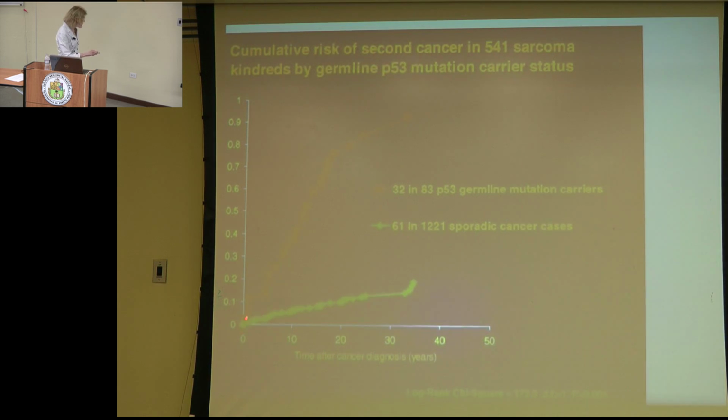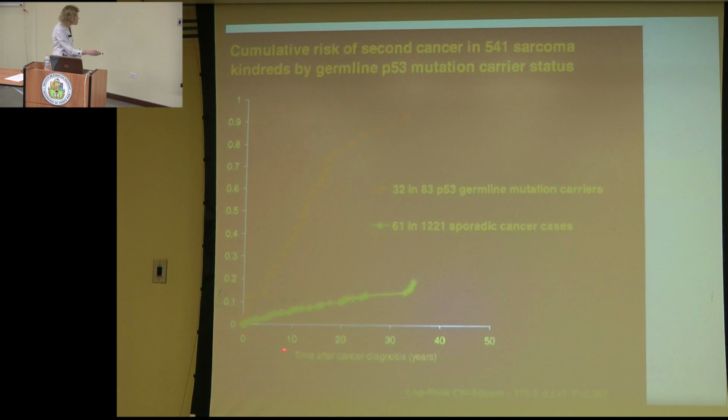Again, now we're looking at our starting point at the diagnosis of the first cancer. So this isn't age anymore, it's the years after the first cancer diagnosis. So you had to have a first cancer, now we're looking at your risk factor for another cancer, a new cancer. And so in our general population, which includes the other childhood sarcoma kindreds, some of whom were treated with radiation, most of whom were treated with radiation and chemotherapy, you definitely see some second tumors occurring over time. And it increases over time and begins to escalate a little bit as you get out to over 30 and